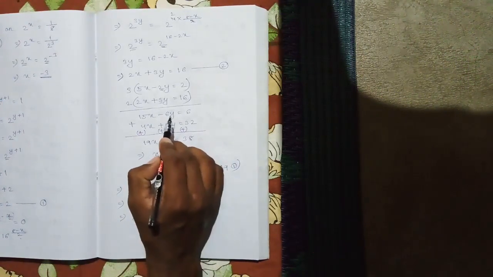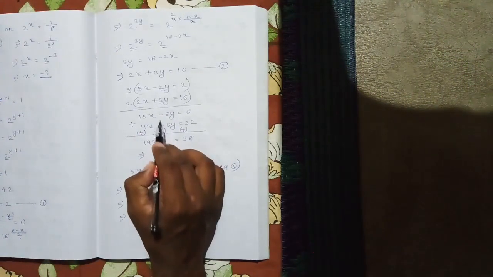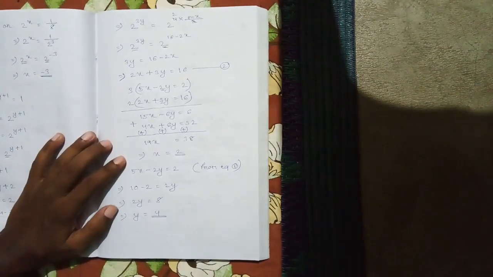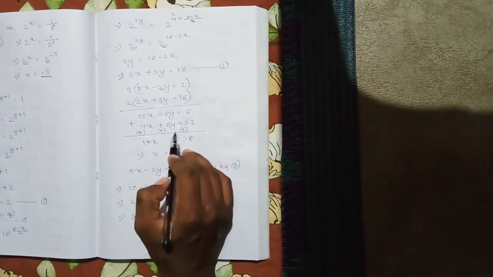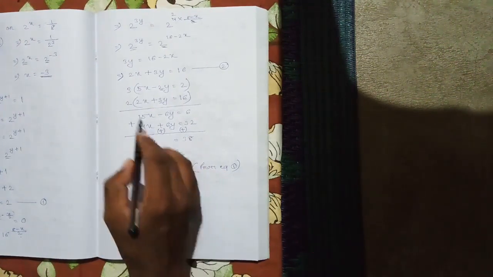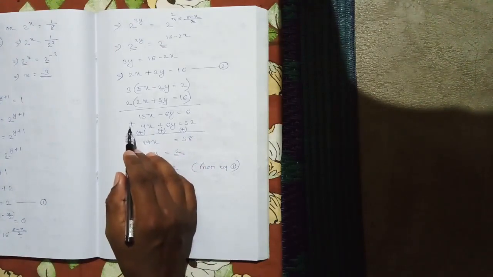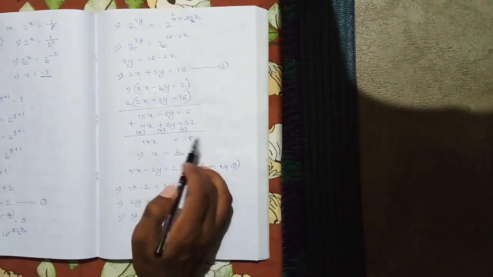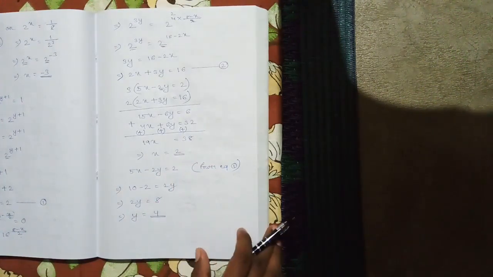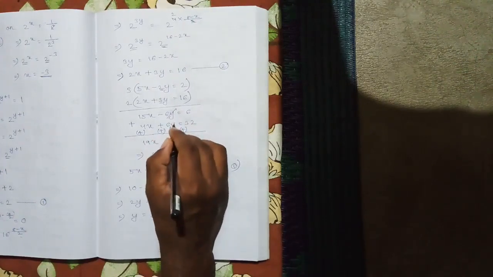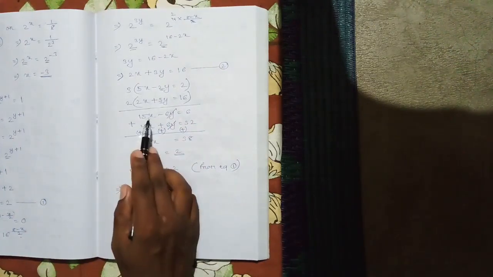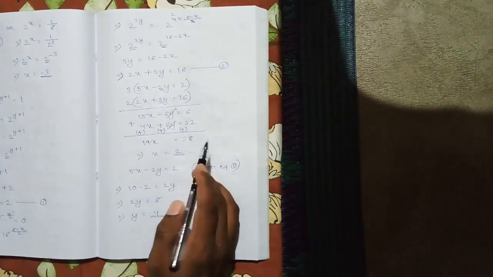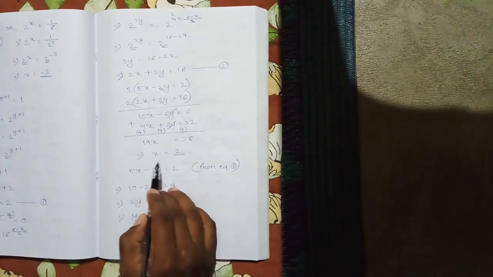Now you can see 6 and 6. Don't look at the sign, simply see the numbers. Now minus 6y plus 6y, how can we cancel this? By adding the two equations. So as you can see, I have added. Plus, plus, the same method which we used in simultaneous linear equations. So minus 6y plus 6y cancel. 15x plus 4x is equal to 19x. 6 plus 32 is equal to 38. So 19x is equal to 38, x is equal to 2.